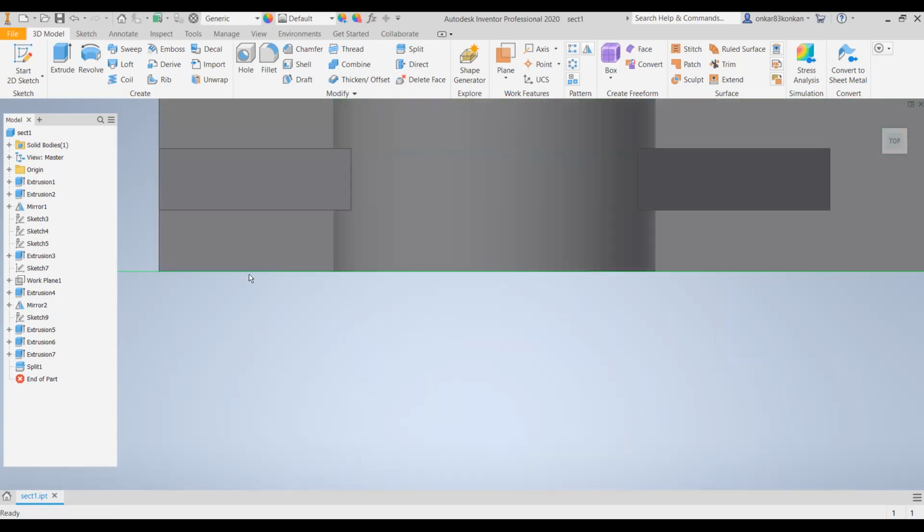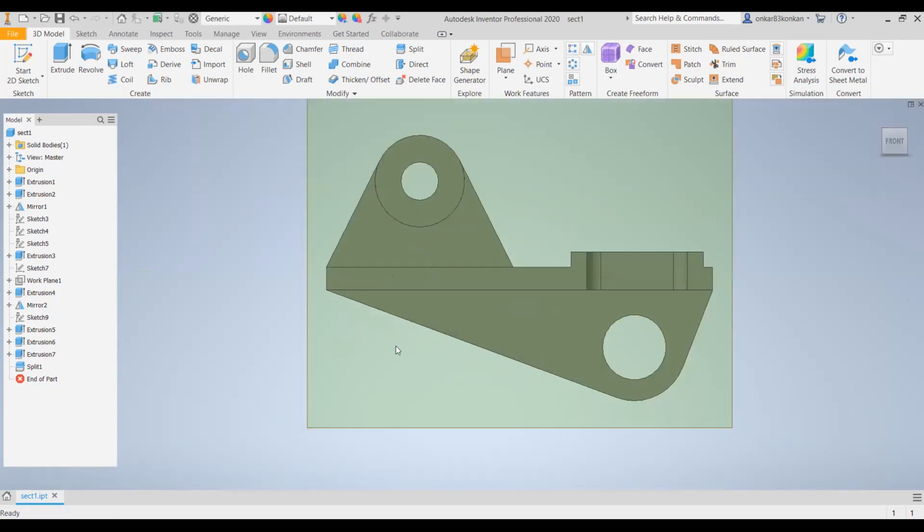So this is the section plane. All the geometry which is in contact with this section plane is to be represented by the hatching lines. So in the sectional front view, this portion will be section. This is also a section. This portion will be section.